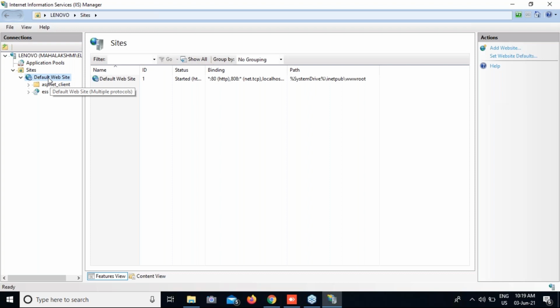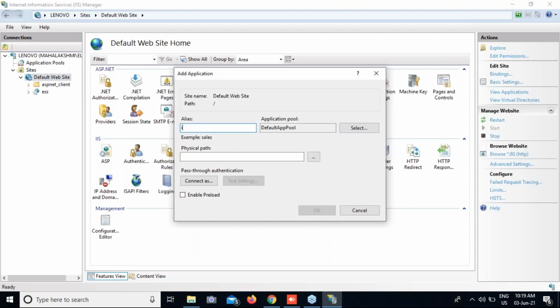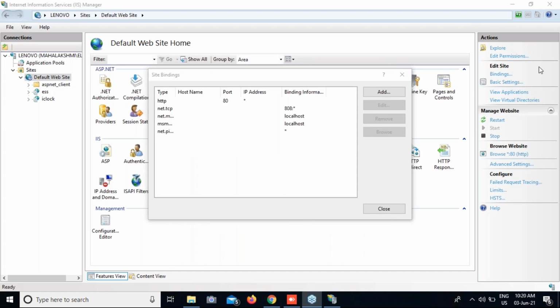Now the application is also hosted. I'm trying to browse. So select the application, browse. After hosting the application, if you click on browse, it will directly go to the browser. So it is browsing, it is loading the application.